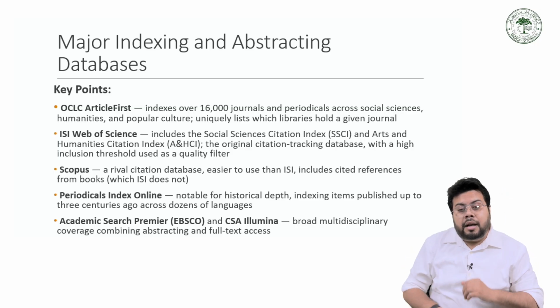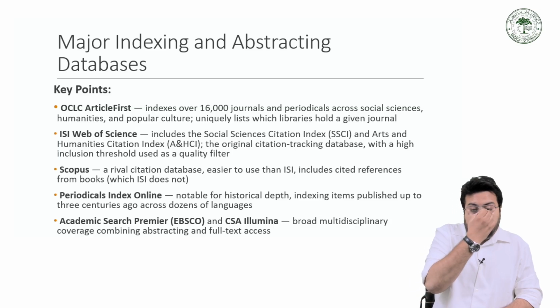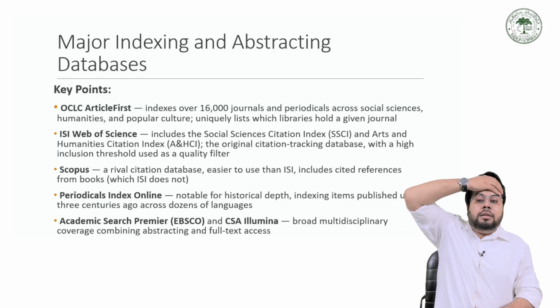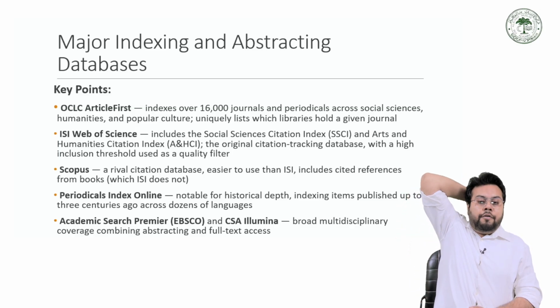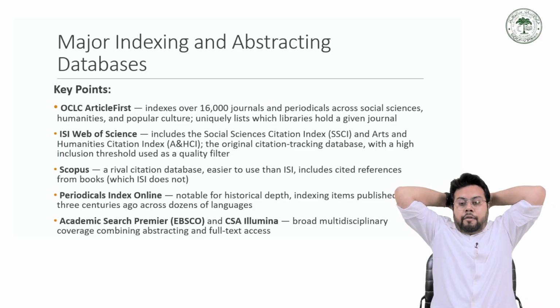ISI Web of Science and Scopus are the two heavyweight citation databases, and we are going to spend the next slide specifically on how they work, because tracing the citation is one of the most important, powerful research techniques you will learn in this lecture. For now,